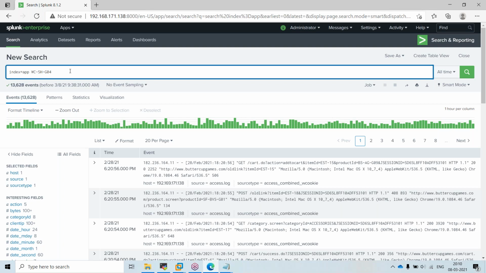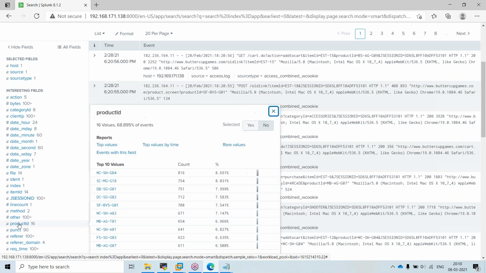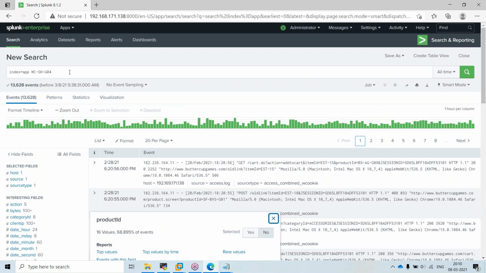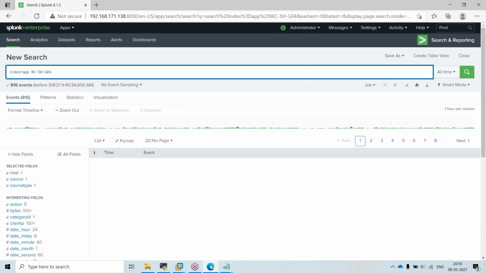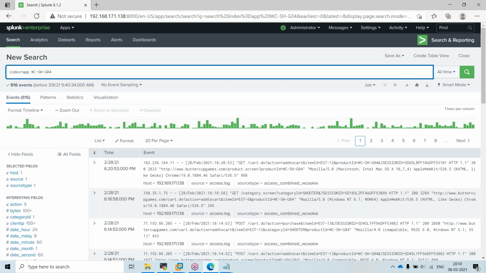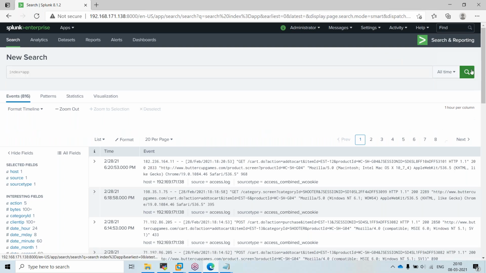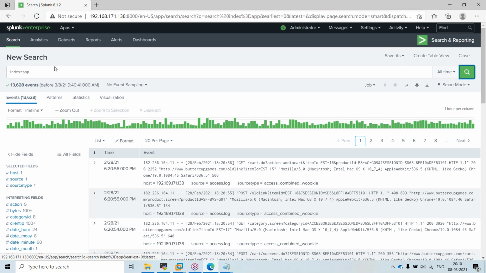It will fetch me the results. Now if you see the product IDs, it is displaying a whole list. If I want to search for this explicitly, I can give this. Previously there were 13,000 events. If I click on all time, I am able to see 13k events.